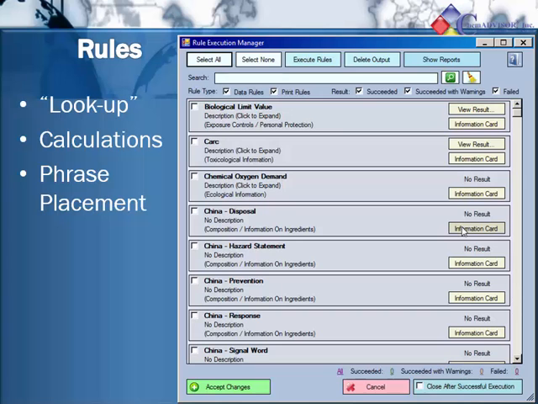Now it's a very powerful part of the system, allowing you to have much of the data that you need populate many sections of the document, giving you a very efficient and repeatable way of creating documents. Now there are two types of rules in the system. We have data rules, and those are ones that are going to identify and retrieve information to populate subsection fields